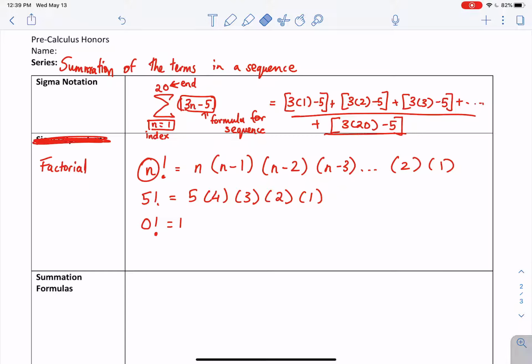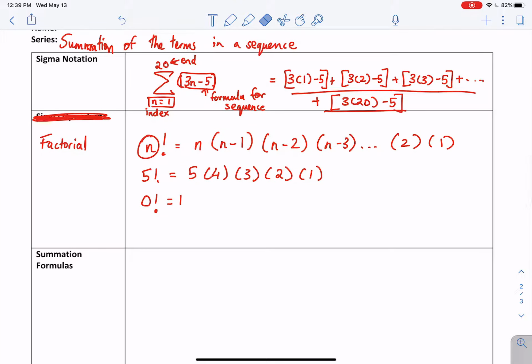Similar, in the same vein of doing concise notation like sigma notation is doing, but it's a very specific case of it with multiplication. The last thing to do with series is from sigma notation, now you have all these terms that you need to add up. Now you could sit there and calculate every term and add it all up, but we also have some nice formulas that people have come up with, looking at these patterns to come up with formulas to add all these things up. So we're going to look at specific formulas for